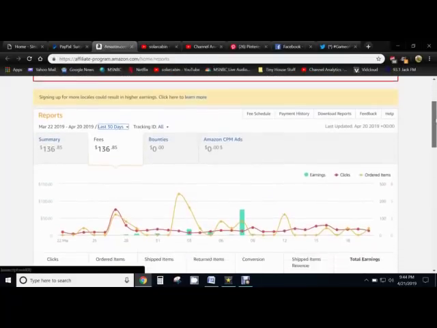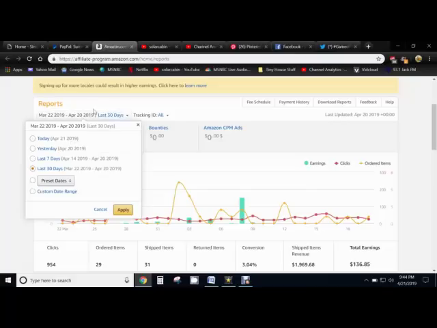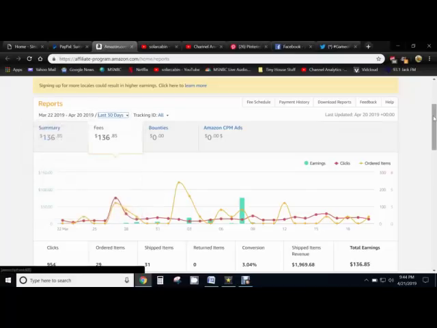Sometimes you have to make at least $100 generally in order to get paid, but once you meet the balance of $100, they will automatically send that to your account, or you can get it as gift cards through Amazon. Either way is just fine. And if it goes through your bank account, then they will just send you a check. And whenever it gets over $100, you're going to get a check. And I've got checks as much as $400 or $500. I've got checks that have only been around $100. So, it's an extra stream of money.